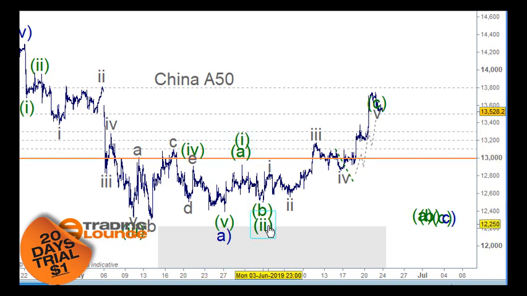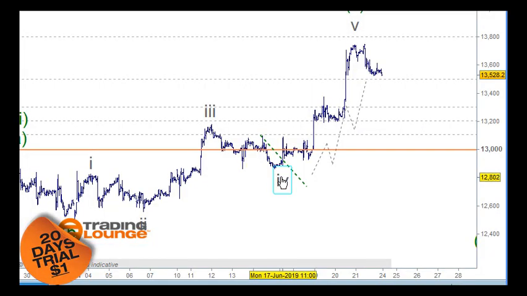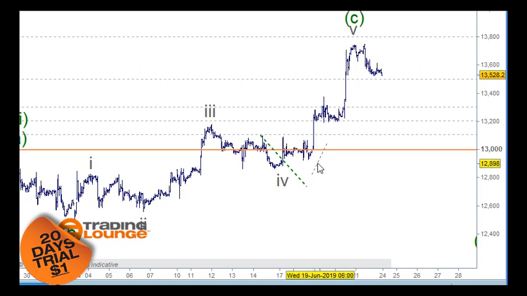Then an A wave here, a B wave here, and then 1 and 2 and 3 and 4, and then 5 up here to make wave C of 5, which is pretty much in place here because we've got 1 and 2 and 3 and 4 and 5 here. I mean, it could be a more bullish count here, but at this stage that fits in quite nicely as a corrective wave, and we've got those 5 waves there, so it does appear that we're getting an impulse wave down here, so we should move lower with this here as well.